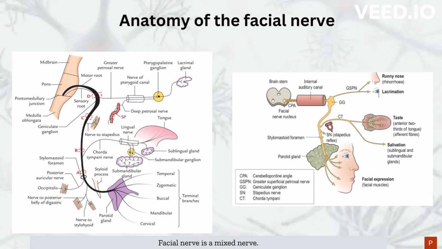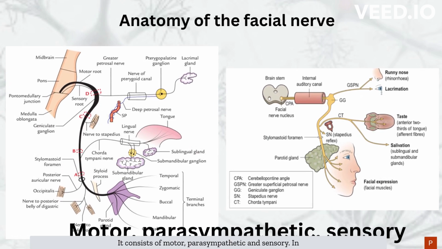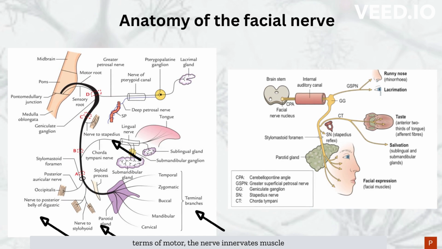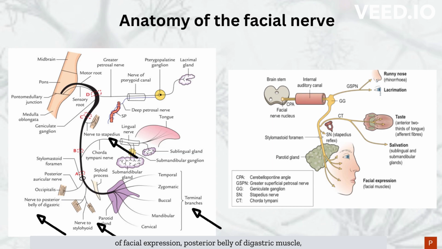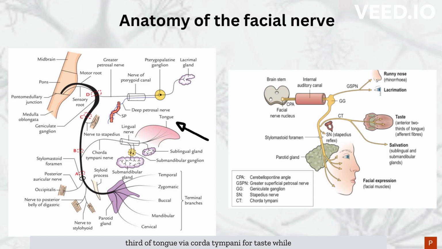Facial nerve is a mixed nerve. It consists of motor, parasympathetic, and sensory. In terms of motor, the nerve innervates muscle of facial expression, posterior belly of digastric muscle, stylohyoid muscle, and stapedius muscle. In terms of sensory, the nerve innervates anterior two-thirds of tongue via chorda tympani for taste, while in terms